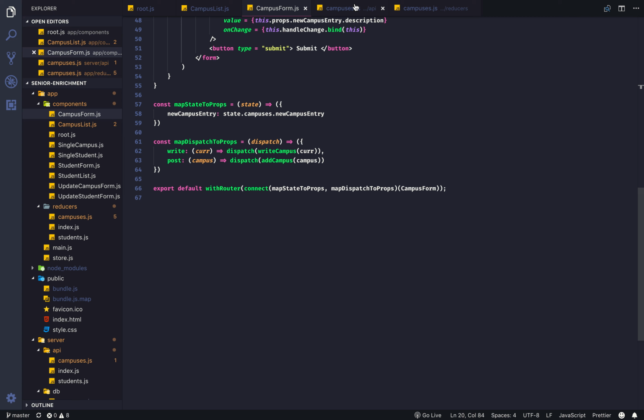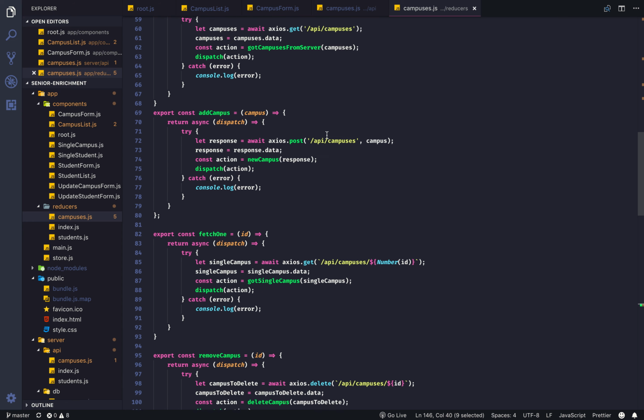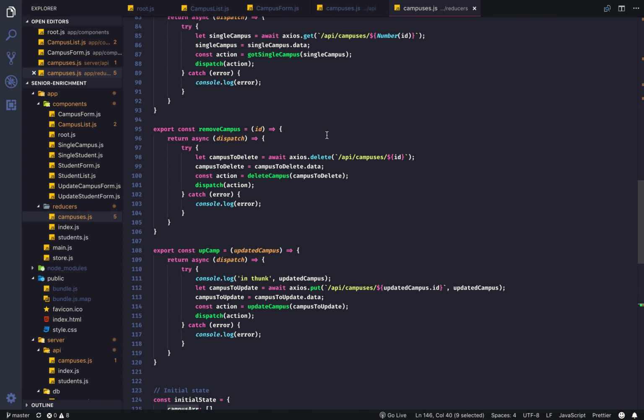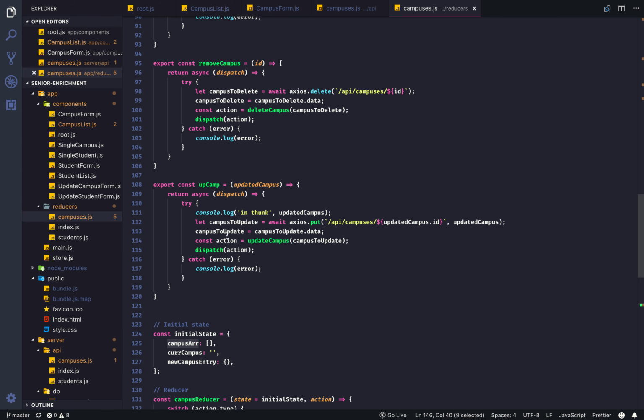So if we go into reducers, we go up to upcamp. This is update campus. It goes to campus to update. We use Axios again. We hit the route, we get the ID, and we get the actual updated campus. This is all passed through because of our,